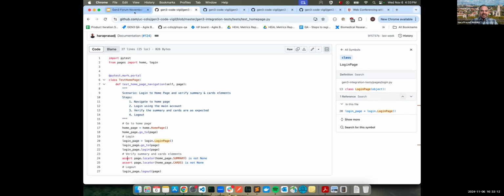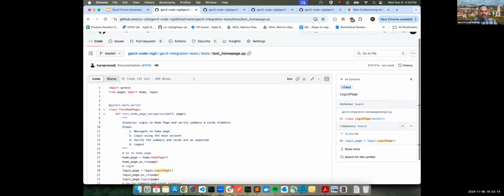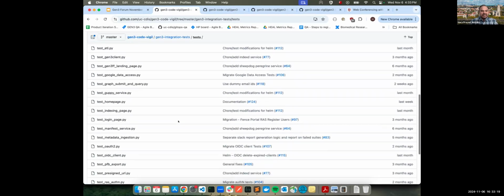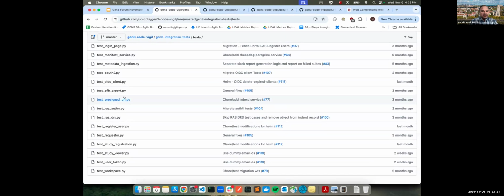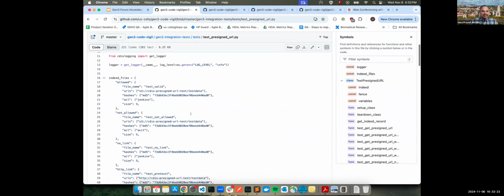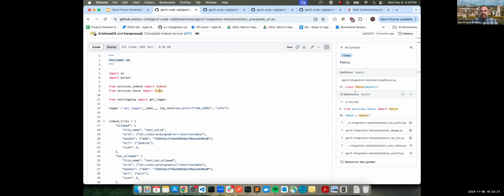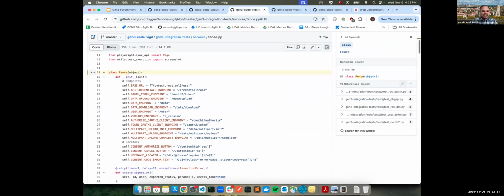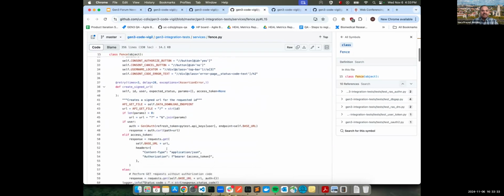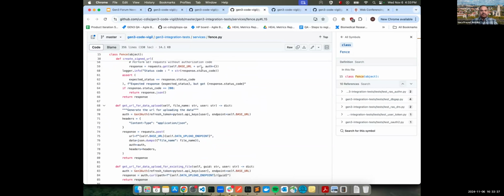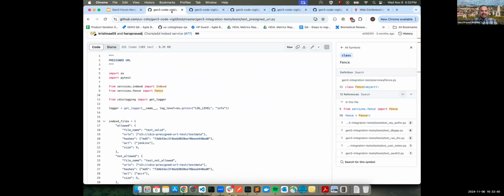So that's the anatomy of a test. Maybe I can quickly show you also an API-driven test that we covered earlier. So in the pre-signed URL, here we're basically importing these, which are our services. So I have Fence as a service with all its endpoints and all the common methods. And then we just use that in the test